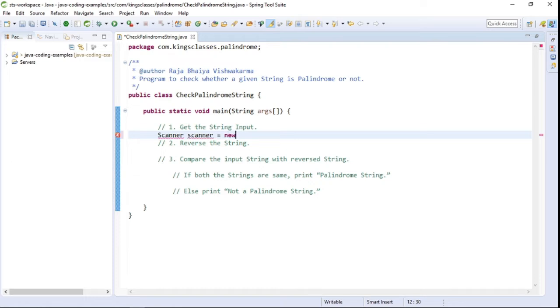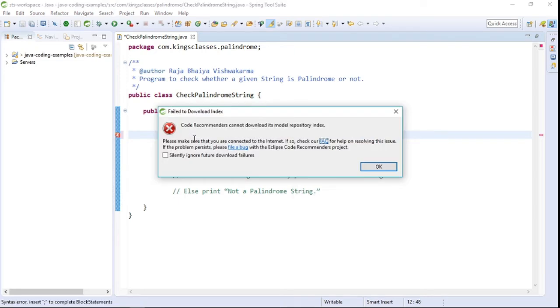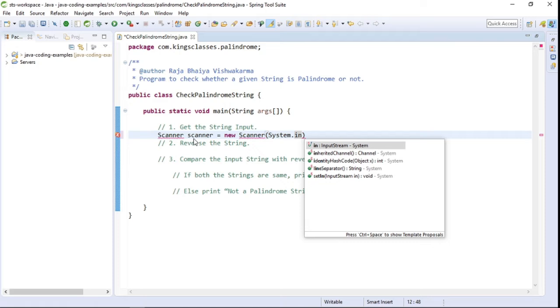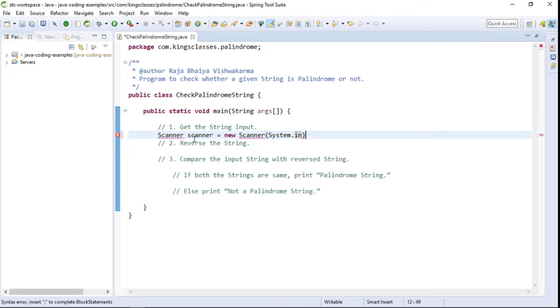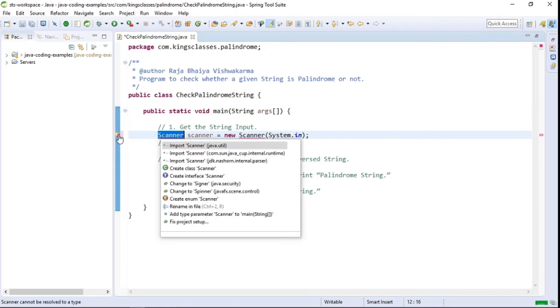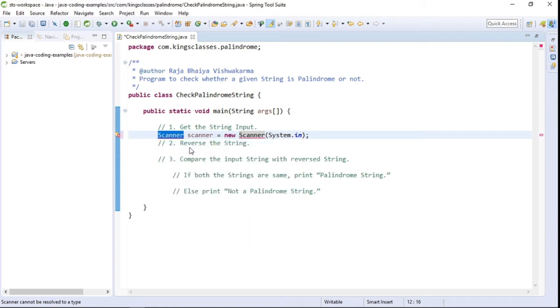So we will create the object of the Scanner class and pass it System.in. And let's import the Scanner class from the java.util package.